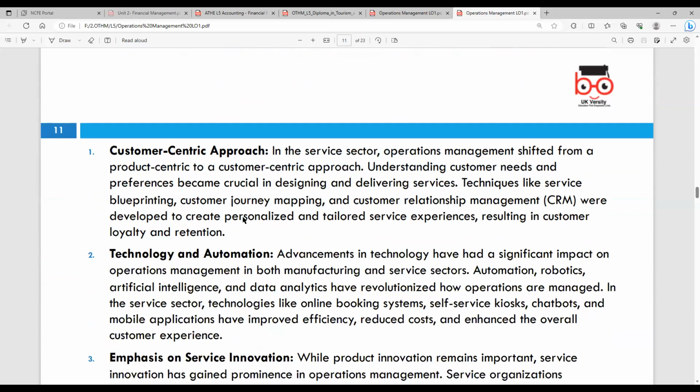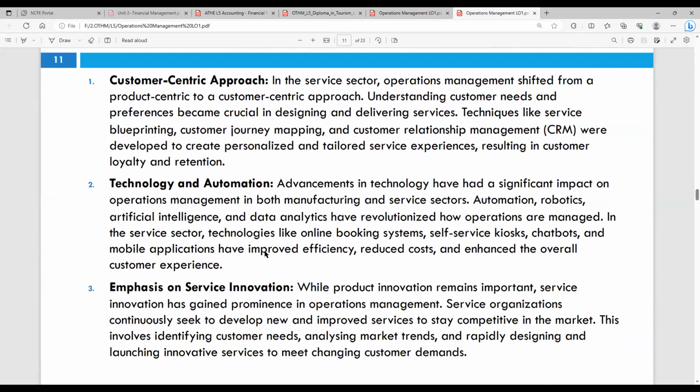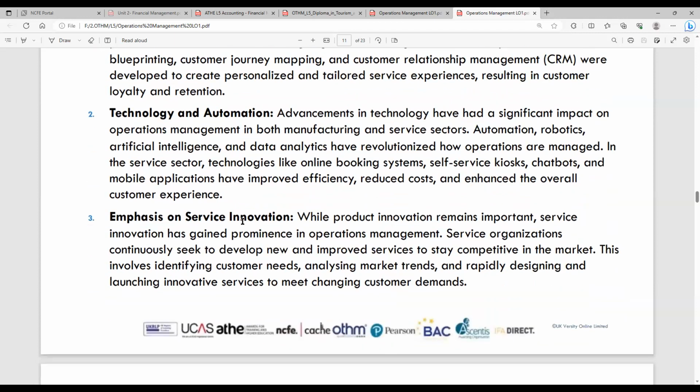And so by the introduction of technology and automation, it has evolved even more over the years. Because the introduction of robotics, artificial intelligence, and data analytics have even more revolutionized operations management over the years, because the technologies have changed, because the online booking systems or the service sector has changed into different types. The main thing is still improving the efficiency, reducing costs, and making sure that you stay competitive and have a competitive edge over your competitors, making sure you utilize the technologies to deliver customer services, to deliver the customer experience, making sure that you introduce new things and improved service over the years into the sector,